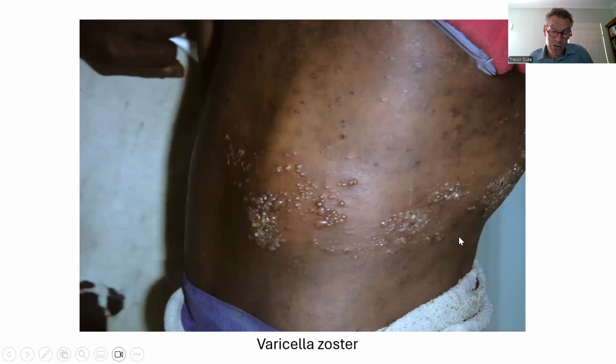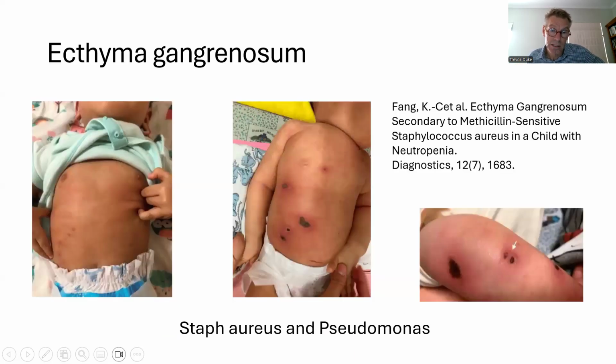This is varicella zoster in a child with neutropenia. You've seen this sort of thing before, I'm sure. Not all children with zoster have immunodeficiency, but some can if they've got HIV or they've got neutropenia or some other form of immunodeficiency. And this is ecthyma gangrenosum, which you'll see quite a lot in children who've got